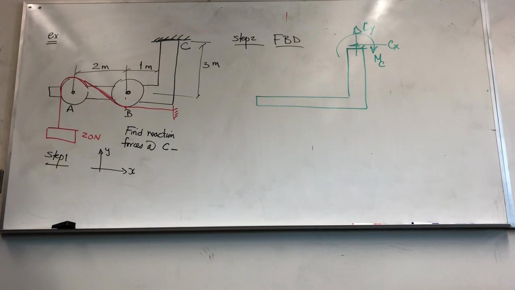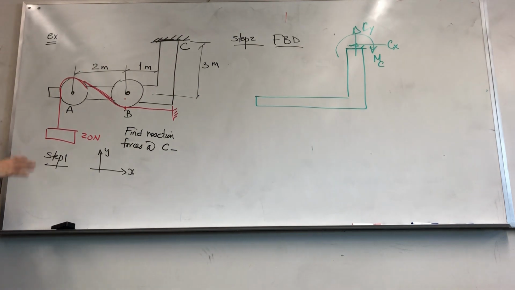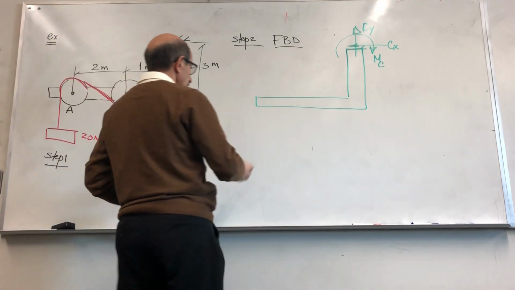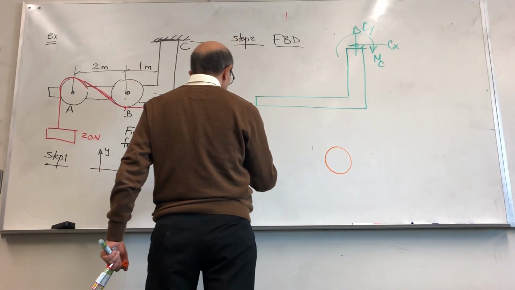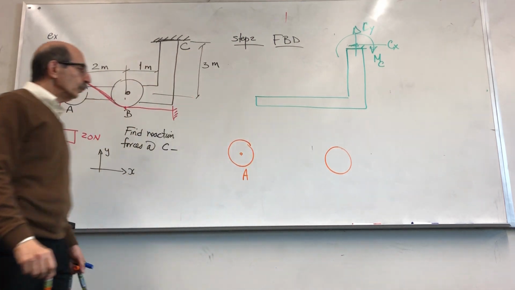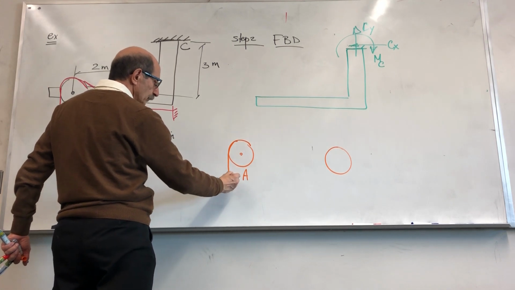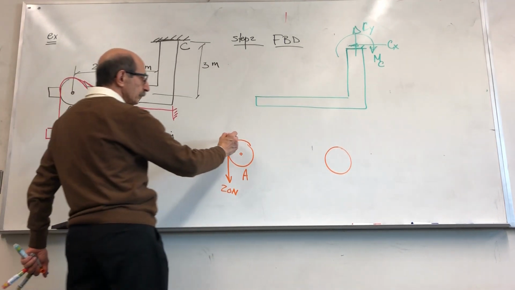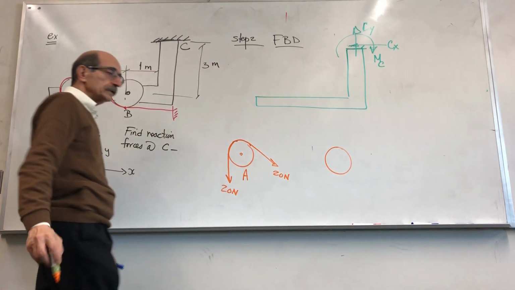Now, how do these two pulleys that are attached to the structure and handling this load affect that structure in terms of the load that they exert on it? In order to understand that, let's look at the free body diagram of each pulley. This is pulley A. This pulley A is subjected to a force of this cable, 20 Newton at this end, and obviously this cable is going around the pulley, so the same force of 20 Newton would be acting that way,